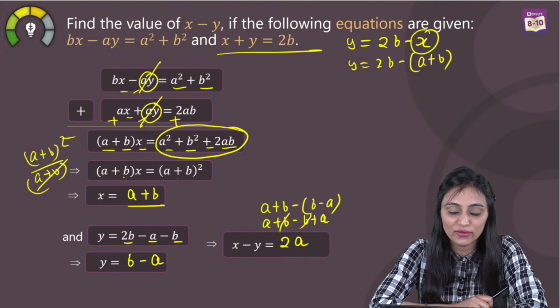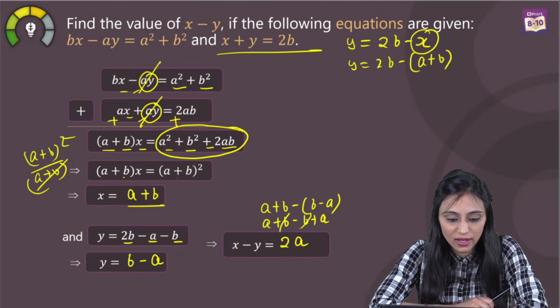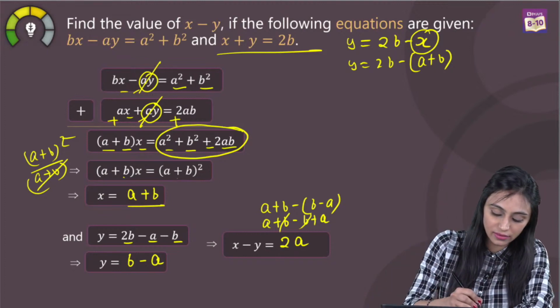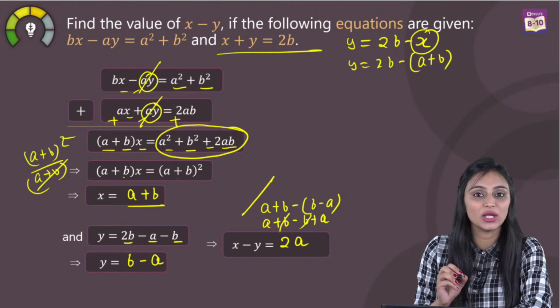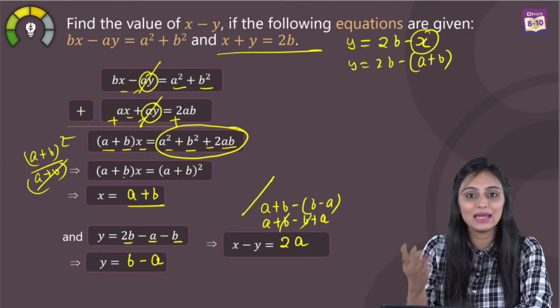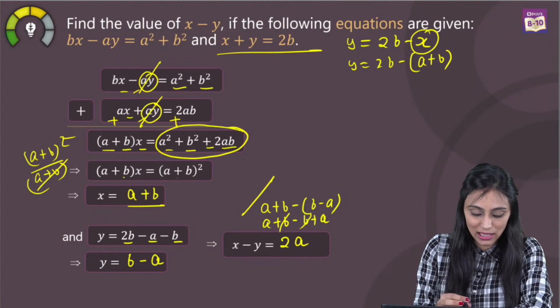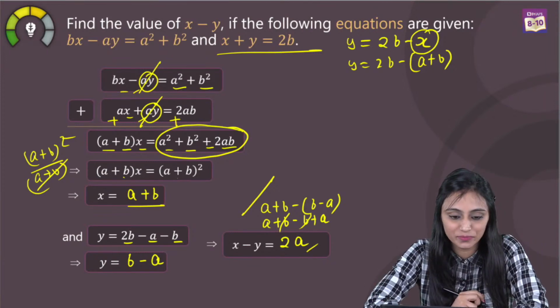Let's see how many of you have written the right answer. Sri Charan says it's 2a. Okay. And Tanay says it's 2a. Keshav Kumar says it's 2b. No, it can't be 2b, Keshav. Reason being, if you see here in this step, once I open the bracket here, the signs will get changed. We will have positive b and negative b. They will get cancelled out and then you have 2a at the end.